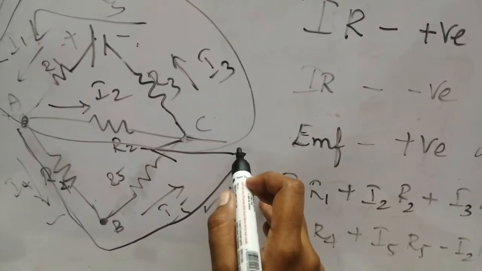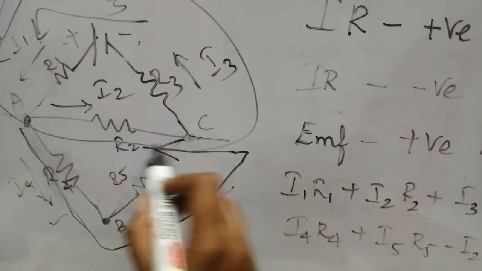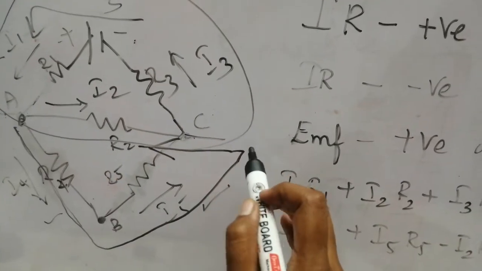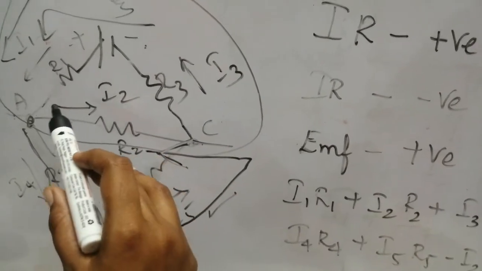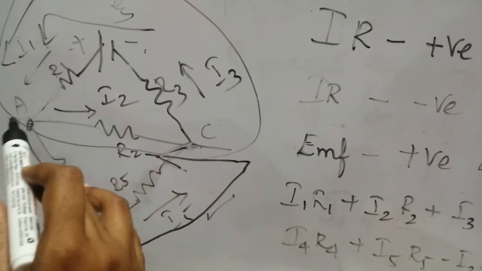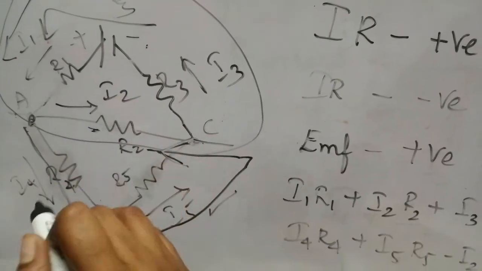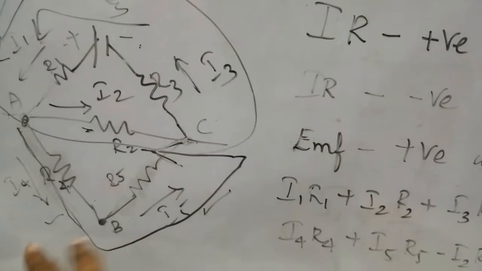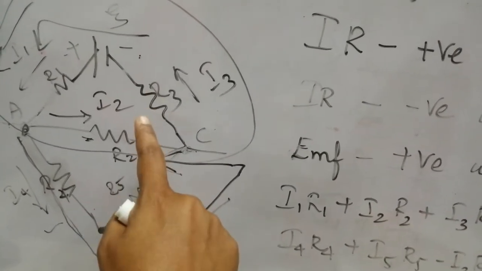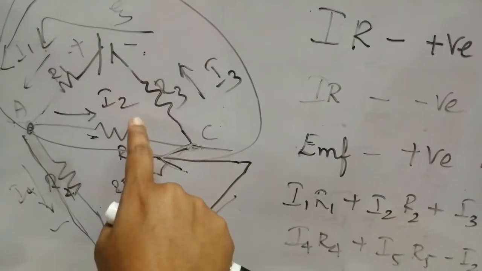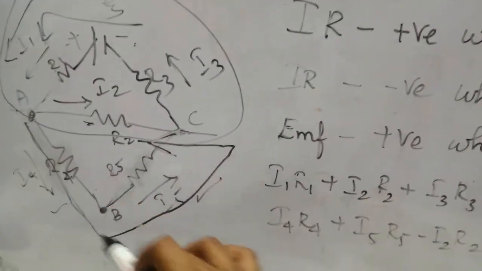And in the case of point C to point A, the current should actually flow this way. When I start from A to C, it should flow from right to left, but see that in the diagram the current flows from left to right, that is from A to C. So here the current direction is changed, that is, it is opposite to the current flow direction in the other two resistances. So here one of them is in the opposite direction, so for this case the value should be negative. And all the other things are the same.